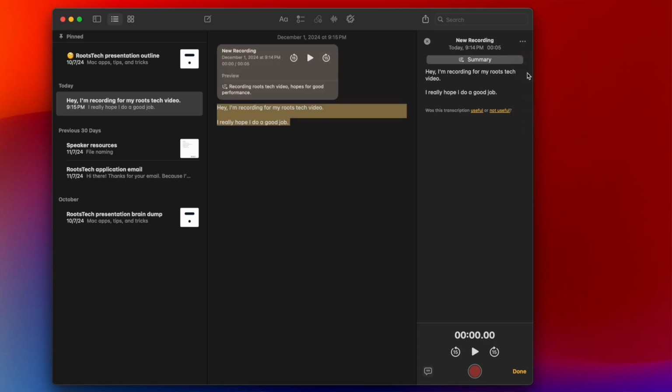Then at the end, copy and paste out the transcription, but then it can also generate a summary. So if you're doing one chapter at a time, for example, hit summary and you'll have a great chapter header. All this happens locally on your computer without ever being sent off to any servers, including Apple's.